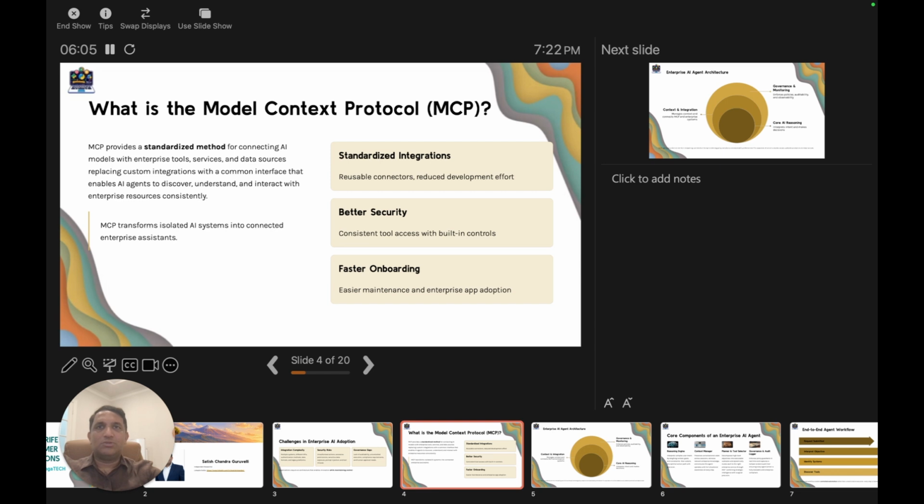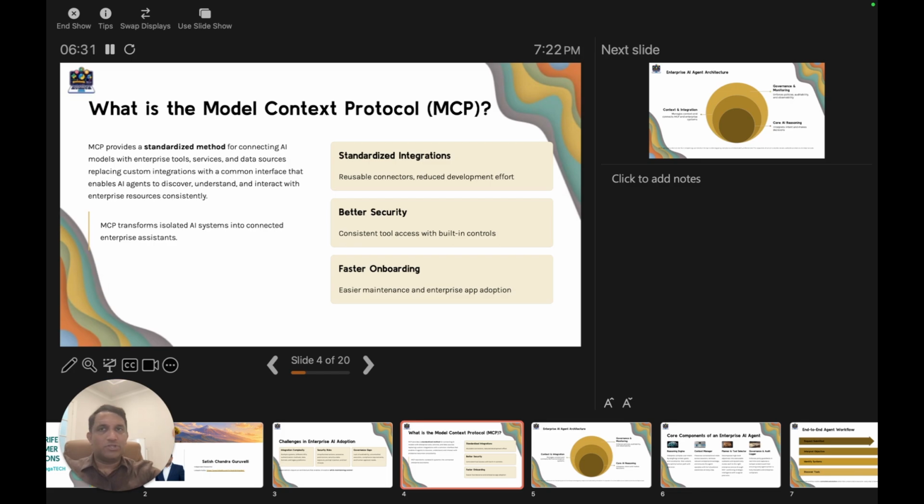It gives us one consistent way to connect AI models to enterprise tools, services, and data sources. Instead of writing a custom integration for every single system, the trap most teams fall into, MCP provides a common interface. The agent can discover what tools are available, understand what they do, and interact with them consistently.